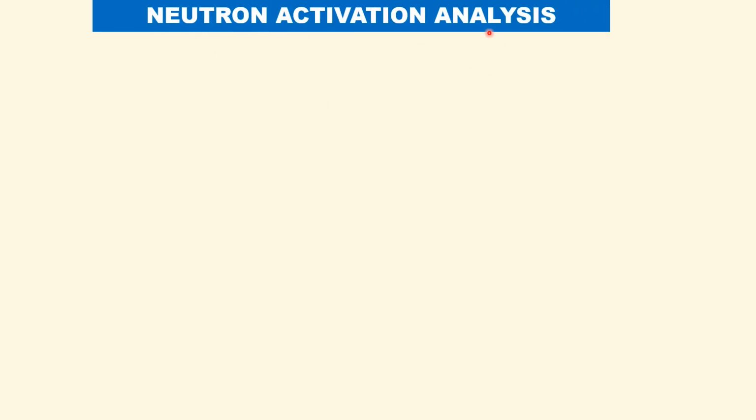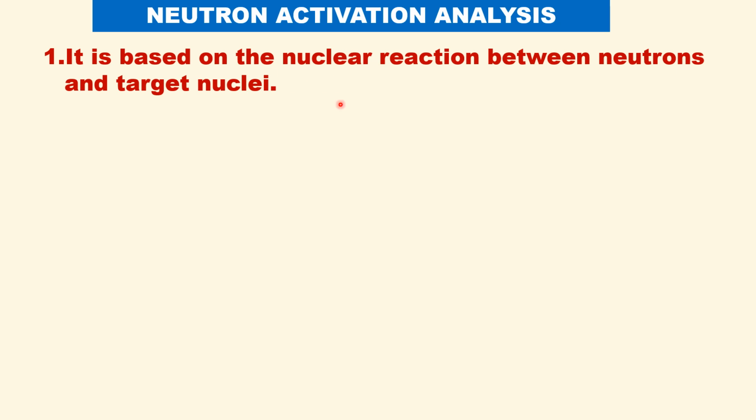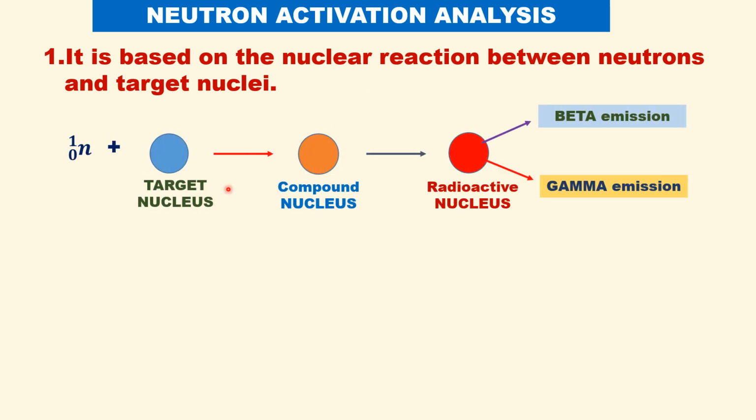Let us first study neutron activation analysis and its principle, how it works. It is based on the nuclear reaction between target nuclei and thermal neutrons. For example, the target nucleus is bombarded with thermal neutrons. It undergoes neutron capture to give a compound nucleus. This compound nucleus is transformed into a radioactive nucleus, which may emit a beta particle, and it